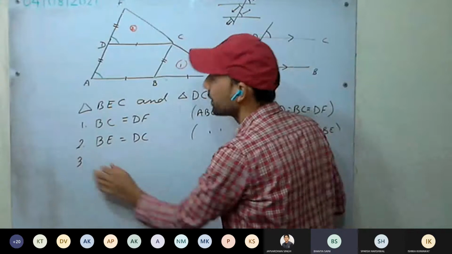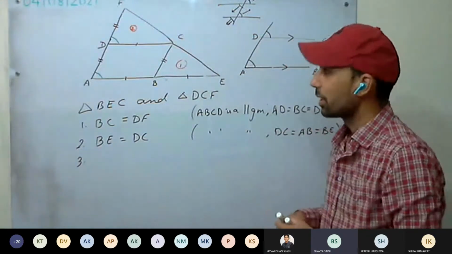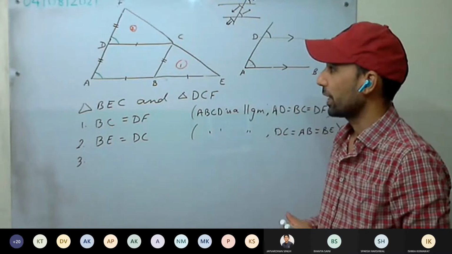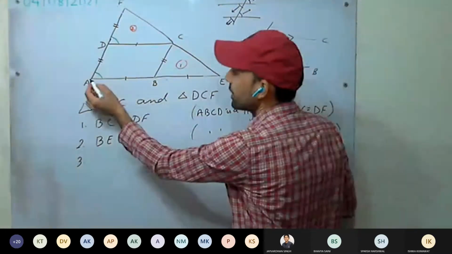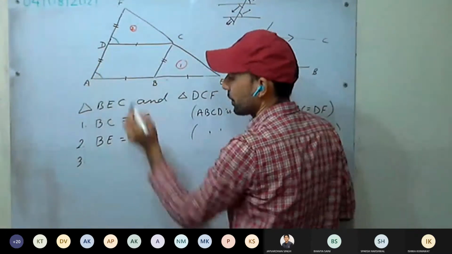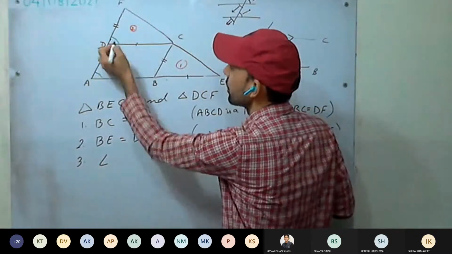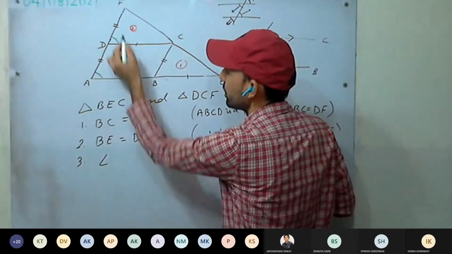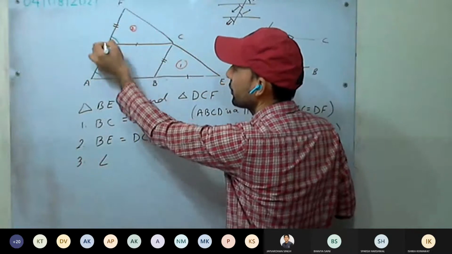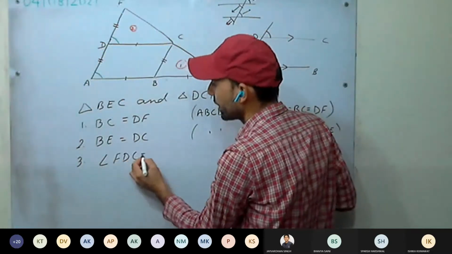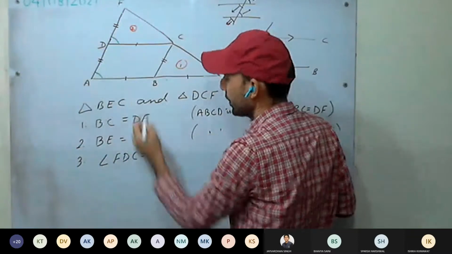So before that, for the third, BC is also the cutting line. We will be taking that as well. We will require that as well. Okay. So first, these two will be equal. So for the third, we will write an angle. What should we write? FDC is fine. Angle FDC equal to angle DAB.